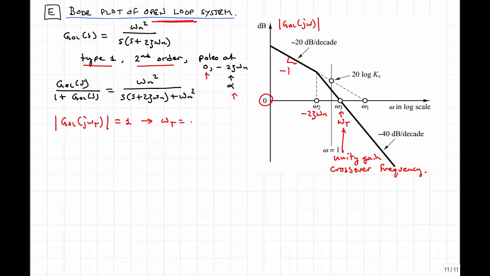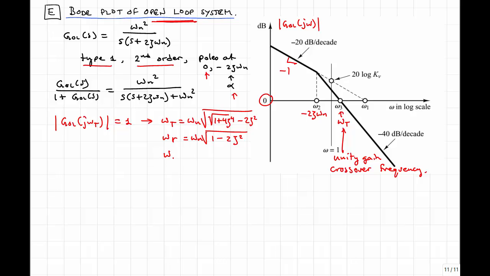Omega t is equal to omega n times the square root of 1 plus 4 zeta to the 4th minus 2 zeta squared. This is similar to omega r, which is omega n times the square root of 1 minus 2 zeta squared,